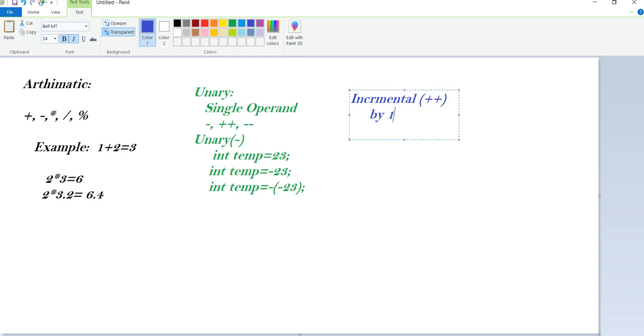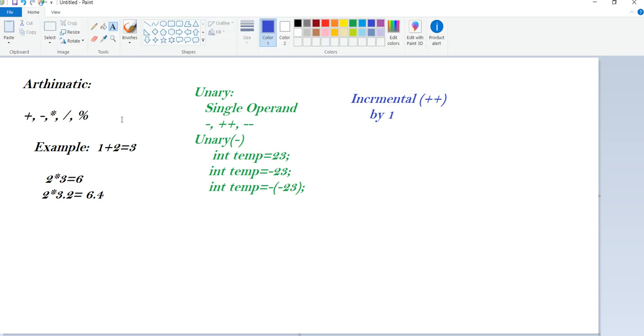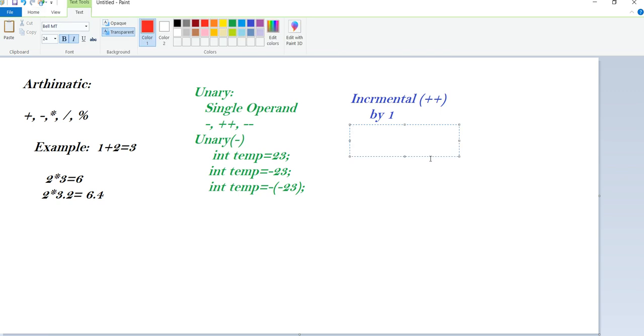The increment operator is classified into two types based on its position: pre-increment and post-increment.